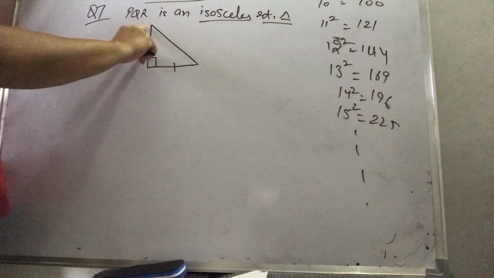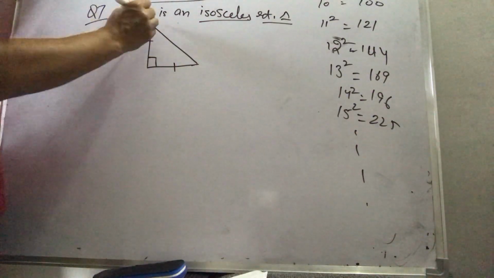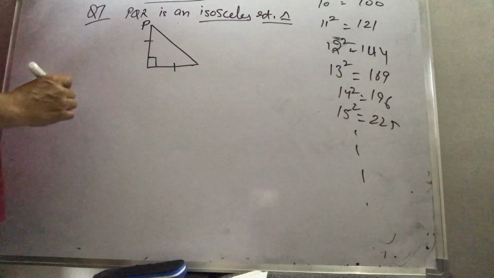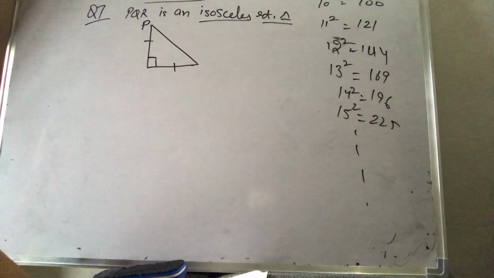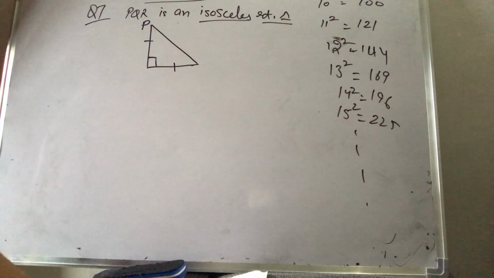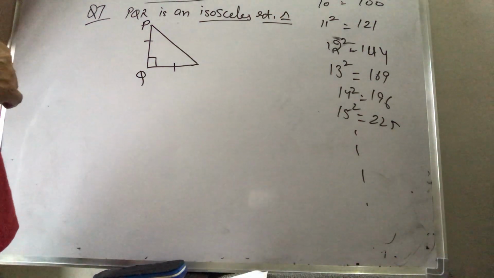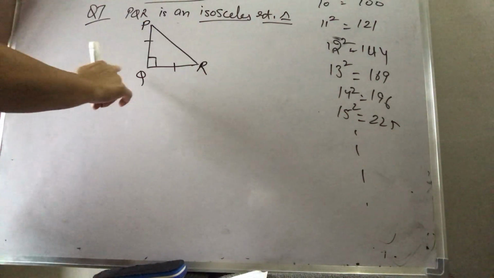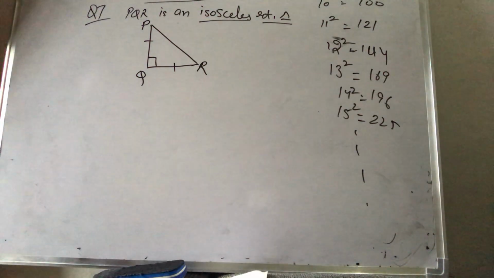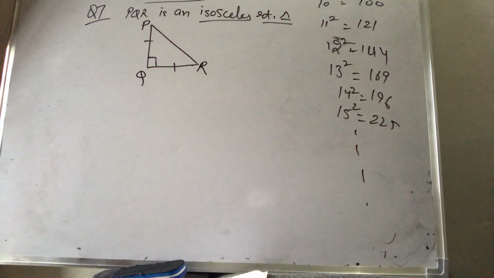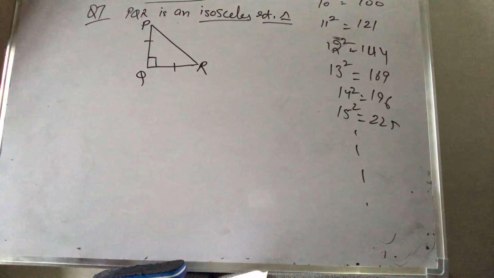So we are given that base and the height are the same. The name of the triangle is PQR, and it is specially mentioned in the question that it is right angled at Q. That means the point Q will be here only, where the right angle is made. You cannot keep the point Q anywhere else. P and R can be here or here also.